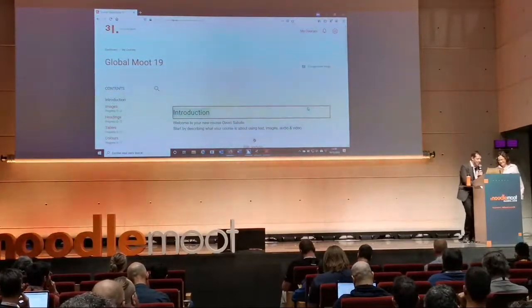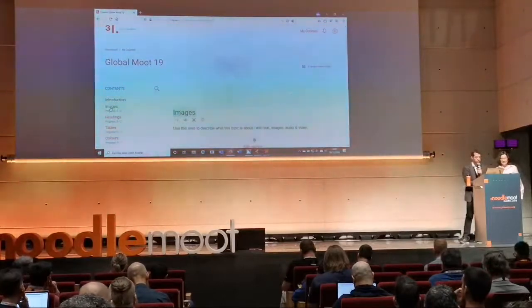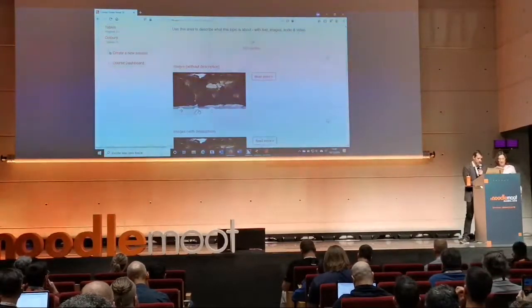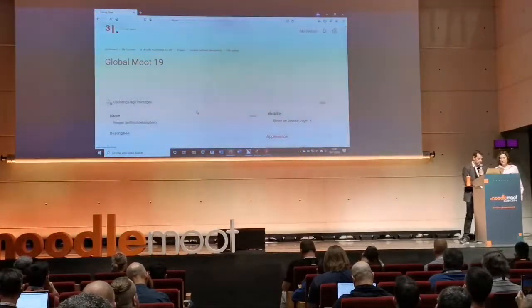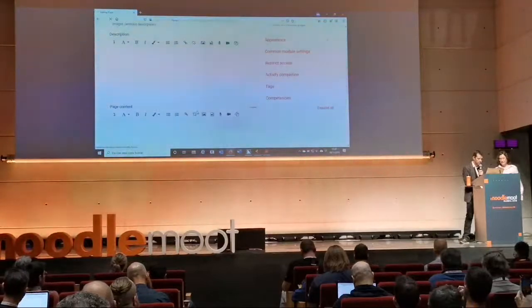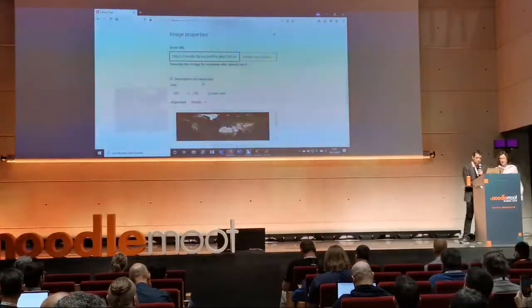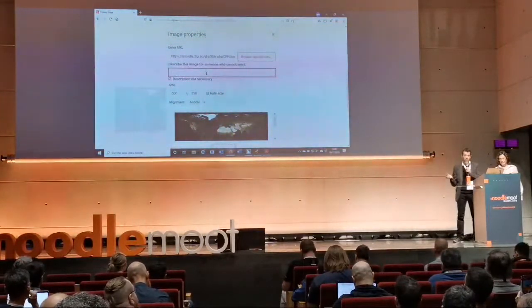Okay, thanks. Now I'll show you how to add an alternative text to an image, which is really easy. Here we have the image without the alternative text. Once you are putting an image into a course like this, like normal, here you have a field where you can add the alternative text.